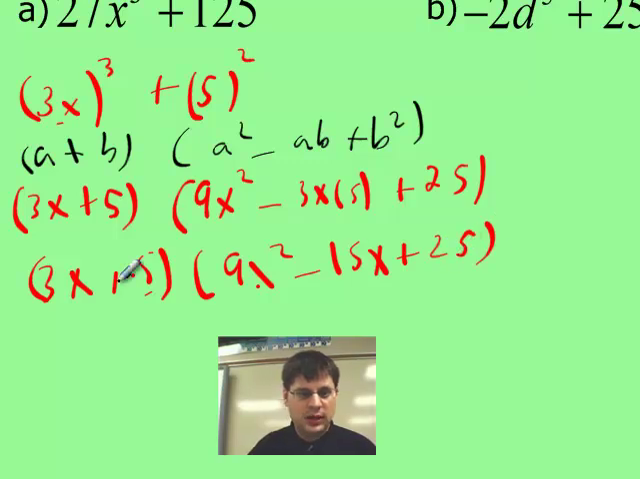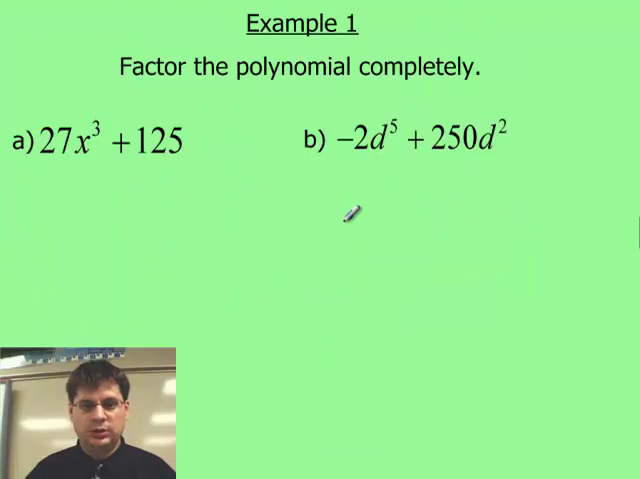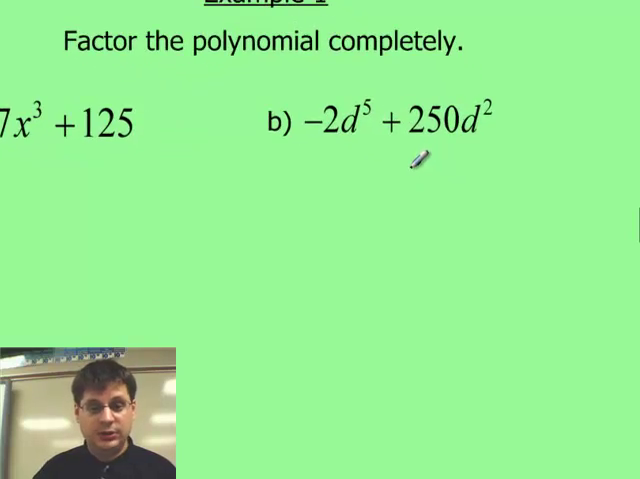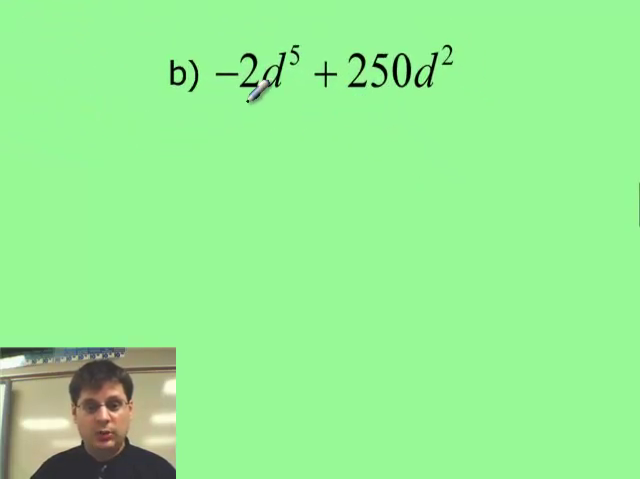Okay, and that is completely factored. So this next one, first thing I notice is that the first term and the second term are not perfect cubes, so I can't do that. But what I can do is check for greatest common factor, and there is a GCF. What I want to pull out is a negative number because I want this first term to be positive, and it looks like I can pull out a -2, and I can pull out a total of 2d